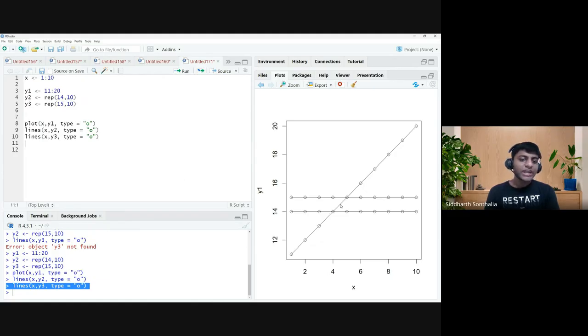The reason being there might be other plotting functions that might be more useful or can do the task much more easily for me, or might help me make graphs that are much more visually pleasing. So the thing is, if you look at